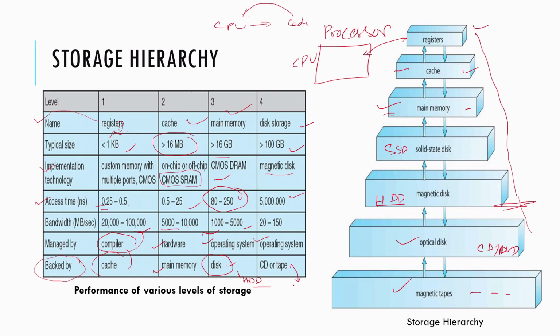What is the meaning of that? We can keep the operating system disk data here in the CD or tape. So like this we can see the hierarchy, and what the access speed is, and we have seen mainly 4 types of memory here, that we call the register, cache, main memory, and disk storage in terms of these points.